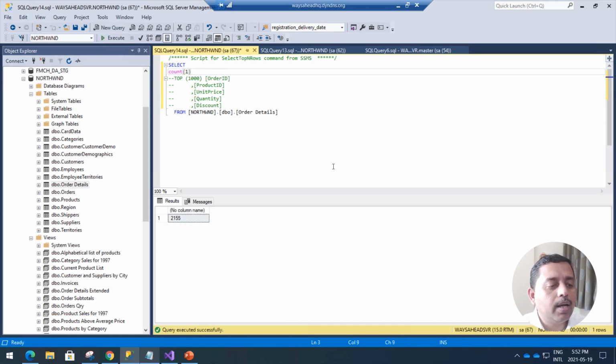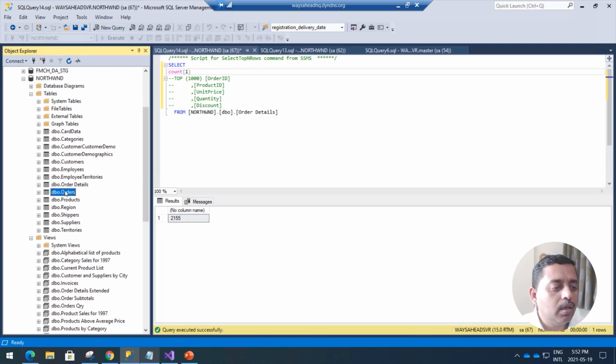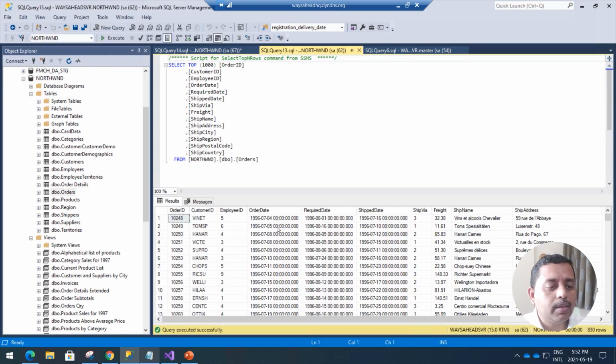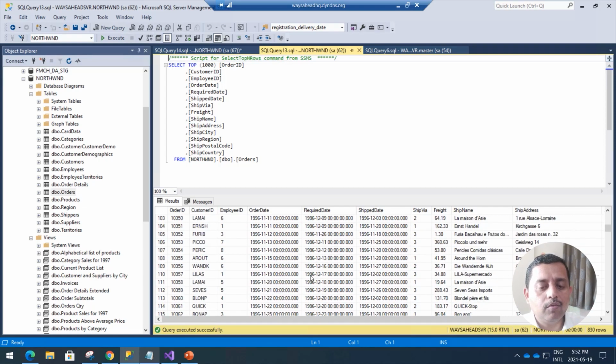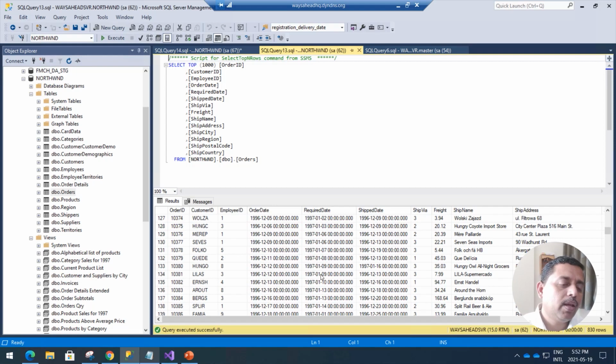So we can see that there are 2155 records. And this particular record, if you look at the orders table, is getting recorded every minute or every day or something like this, right? So lots and lots of data we have got.